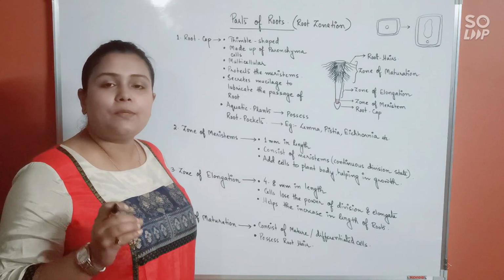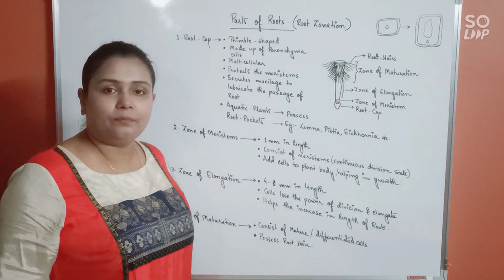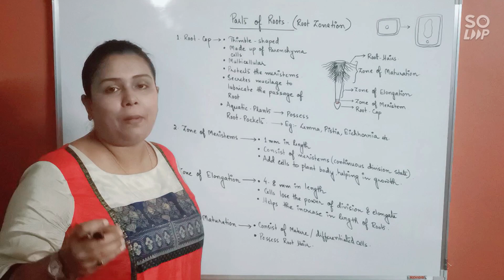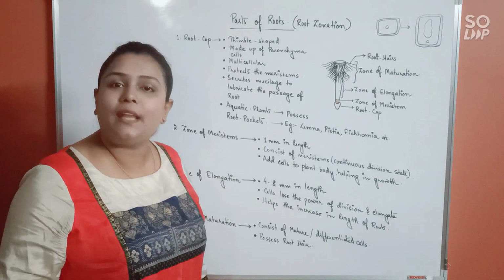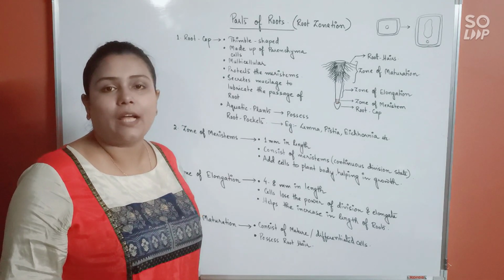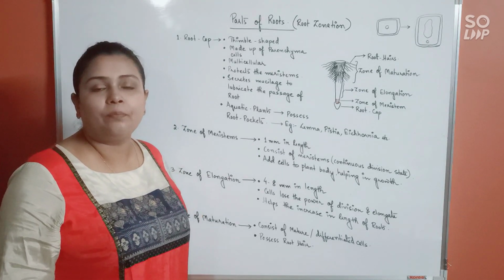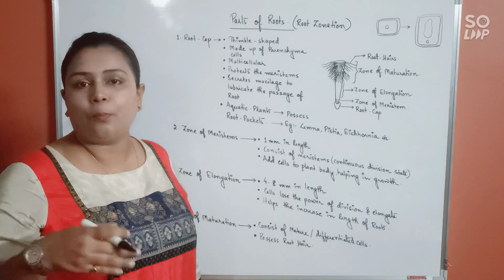Apart from the primary and secondary function, there is another important thing about the root cap that you must know. Root cap is mostly present in terrestrial plants which grow on land, because they have to penetrate inside the soil, and while doing so the meristems might get damaged. But any such situation will not arise in an aquatic medium, isn't it? In the water, the roots won't have such a problem to penetrate.